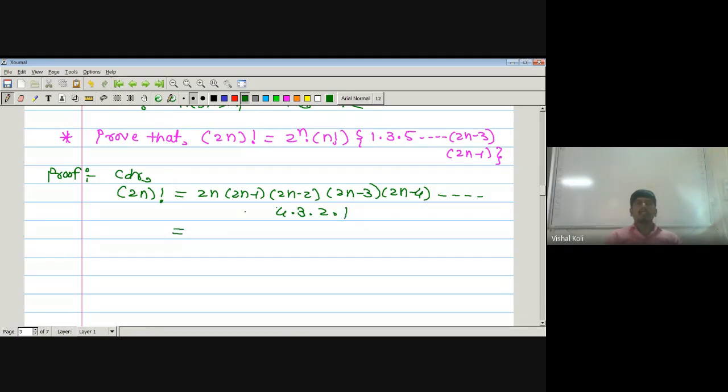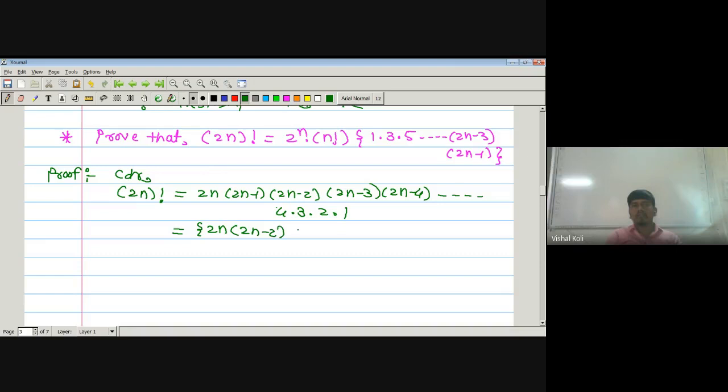Okay, now let us collect the even terms in one bracket and the odd terms in one bracket. 2n is even, since it is a multiple of 2. Therefore, in the first bracket, let us consider 2n. The next even term will be 2n minus 2. 2n minus 1: 2n is even, minus 1 will be odd. 2n minus 2: even minus even is again even.